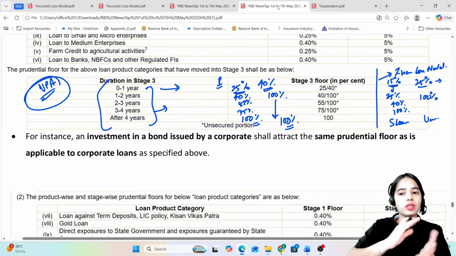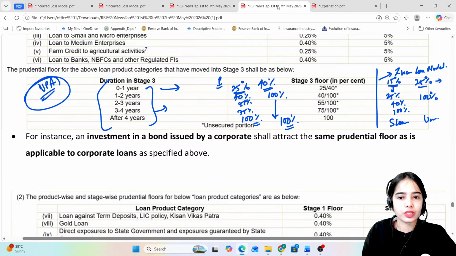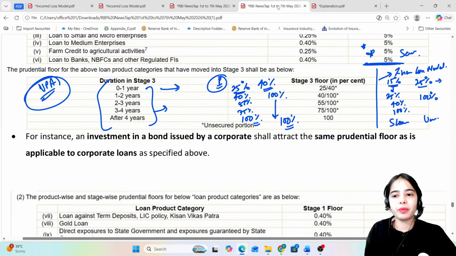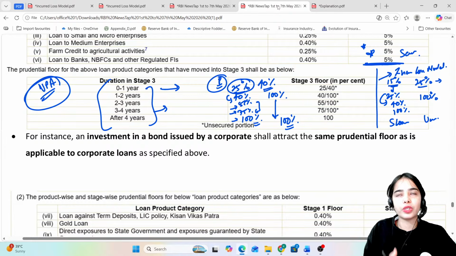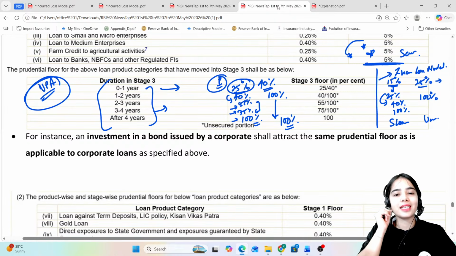Now there is more room given for the loan provisions. For the secured loans, the provisions will increase to 5% for the secured portion of the loan. If it is under stress, it will come under stage 2, the provisions will be 5%, which will be increased to 25%, then 40%, then 55, 75, and then 100. So there is more room to increase the provisions. There is more time to increase the provisions, because in the earlier model the loan was recognized as NPA only in the initial period. Okay,